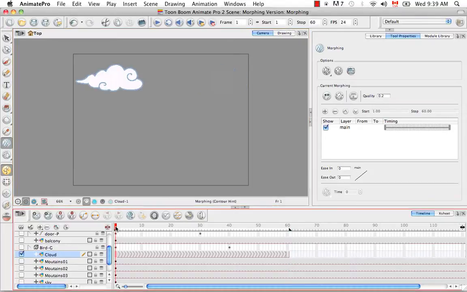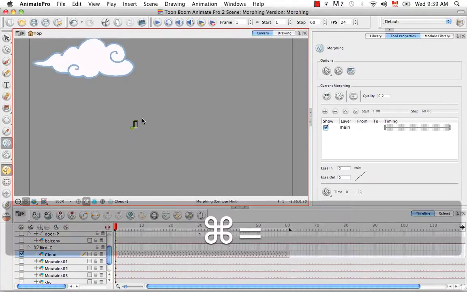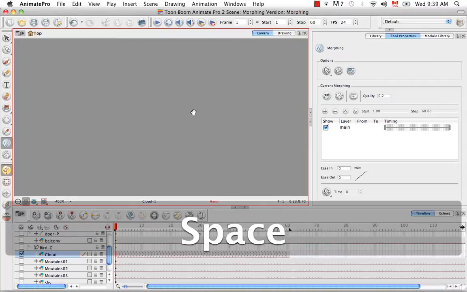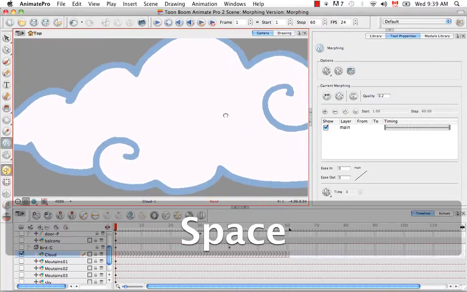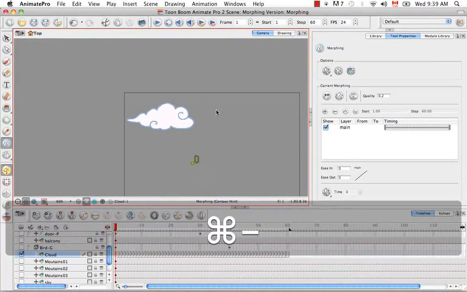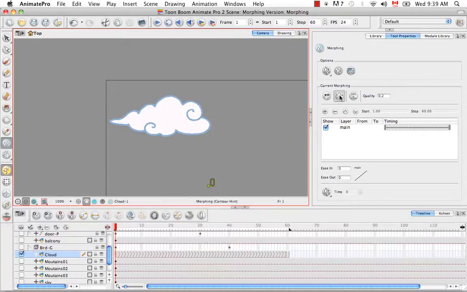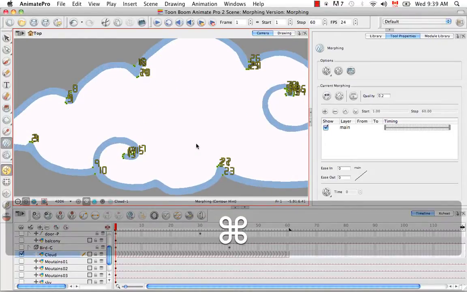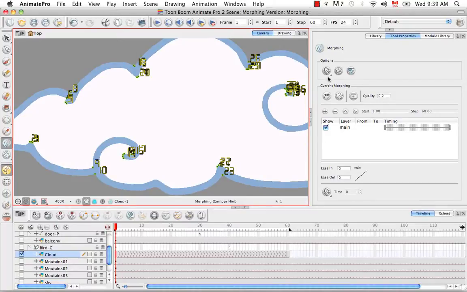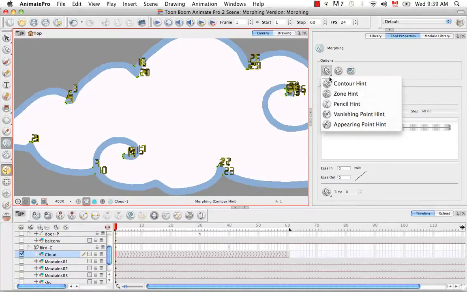So I'm going to go back to frame 1 and let's zoom in a little bit here. You can already see some of those hint points. There we go. So I just clicked on the Suggest Hint Points button again so you could see all of them, and as you can see there are quite a few. So let's look at the list again here, and at the first type of hint, which is one that's currently